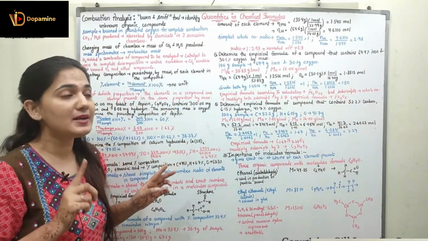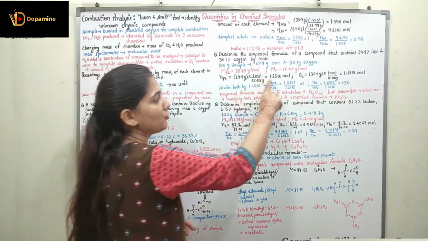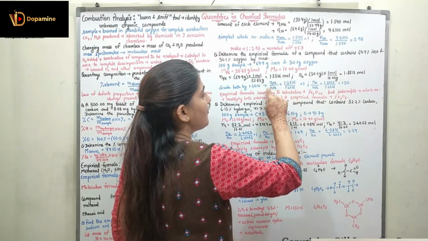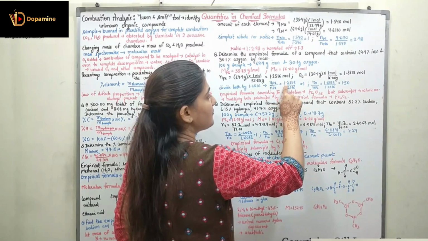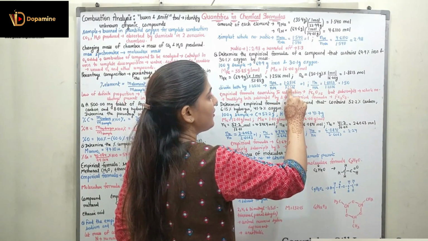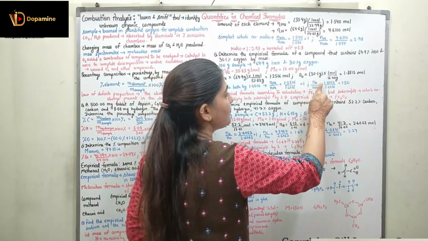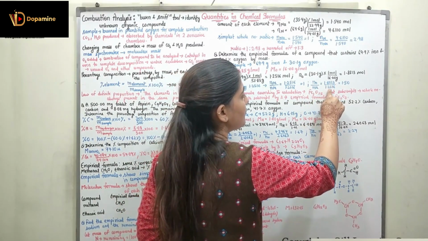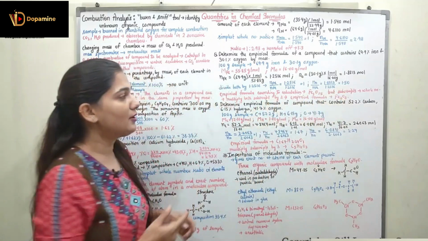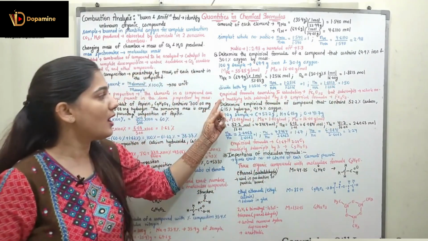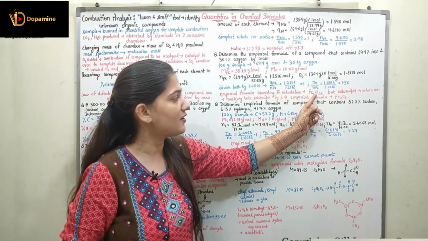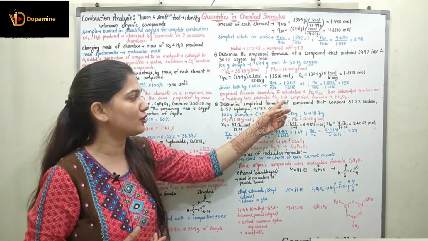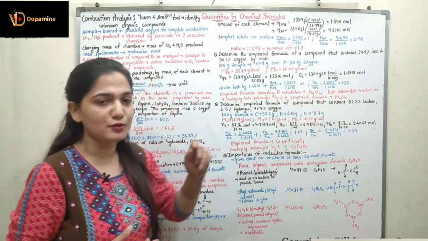Now we have to find out the simplest whole number ratio. For that we are going to divide both of them with the smallest number. The smallest number is 1.2516. So the number of moles of iron divided by the number of moles of iron gives 1.2516 divided by 1.2516, which gives me 1. The number of moles of oxygen divided by the number of moles of iron gives 1.8813 divided by 1.2516, which gives me 1.5. So now here we are not getting the whole number ratio. The empirical formula according to the calculation is Fe1O1.5, but the subscript has to be a whole number, so we are going to multiply both of them by 2. The empirical formula becomes Fe2O3.